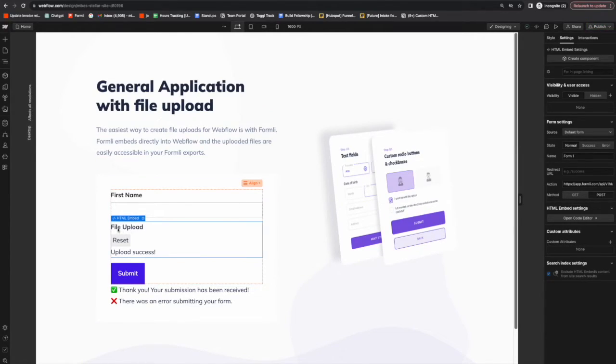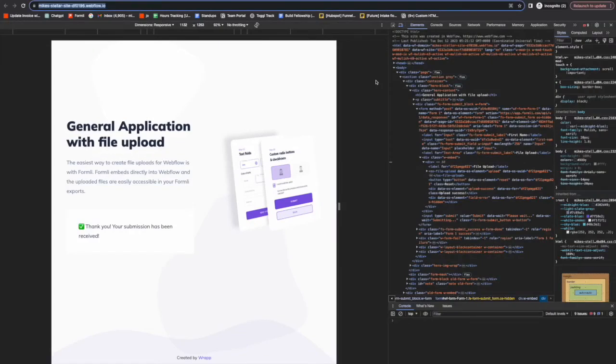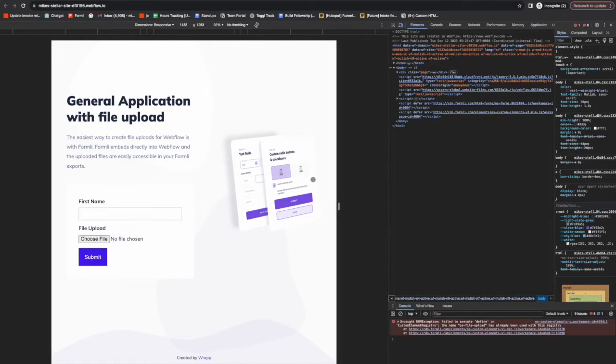And you'll notice here, the HTML shows up, the header shows up, the reset button shows up, the upload success shows up, but where's our OS file upload? Well, again, this gets completed whenever the JavaScript is evaluated, and Webflow doesn't evaluate in the designer. So it's just going to be blank for now, but we can go here and refresh our site,